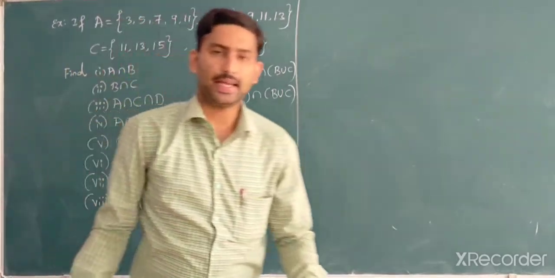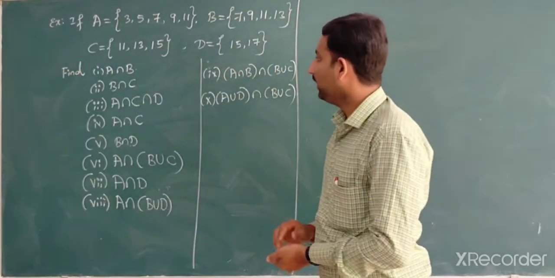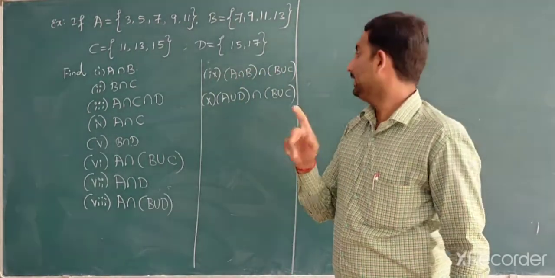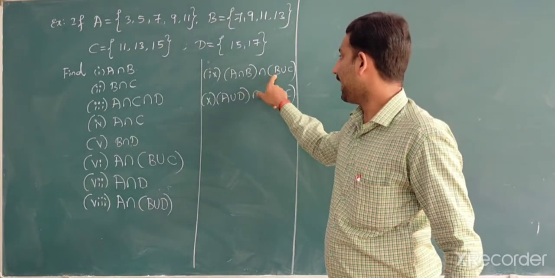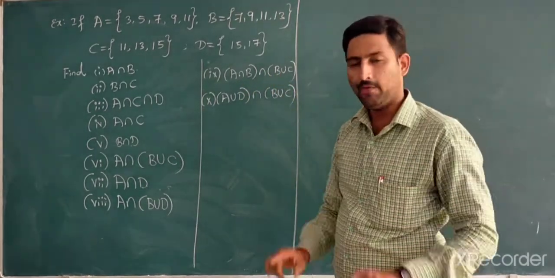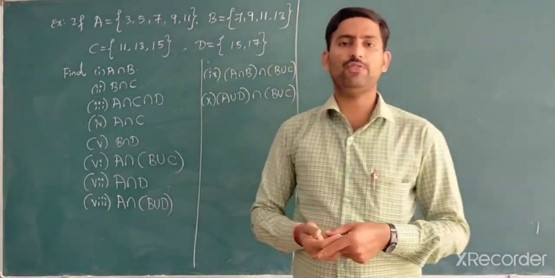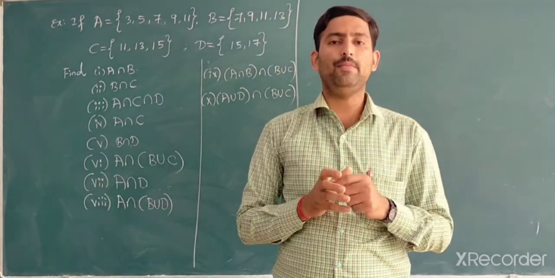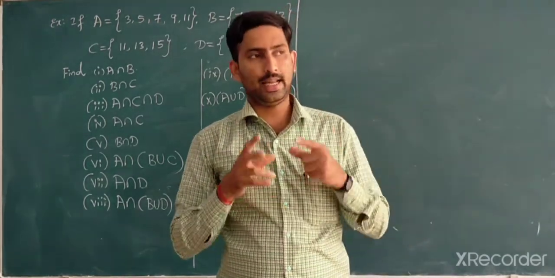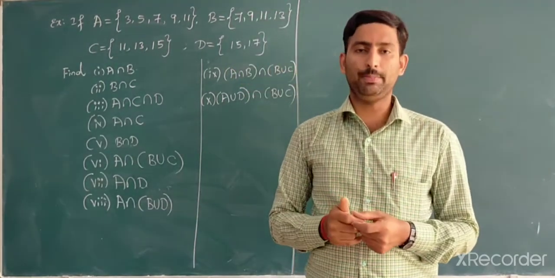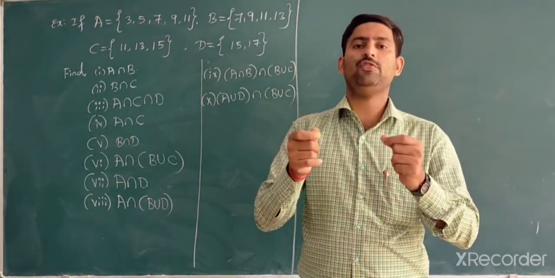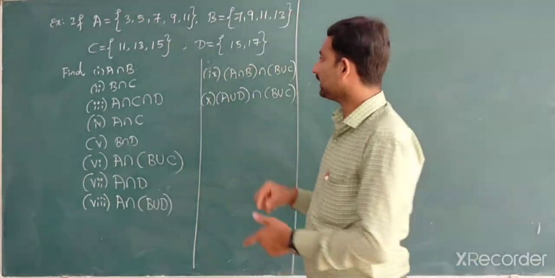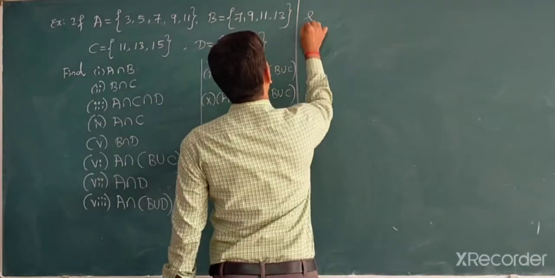Dear students, they are given some 10 questions. Our job is to solve them one by one with the help of the definition of intersection, and at the same time the definition of union. I will give just an overview of the definition of intersection of sets. Intersection of two sets is nothing but the common elements from A and B that we have to select. There are two sets, and their intersection is possible only when the common elements from A and B are taken out, correct? Then I will write the solutions one by one.